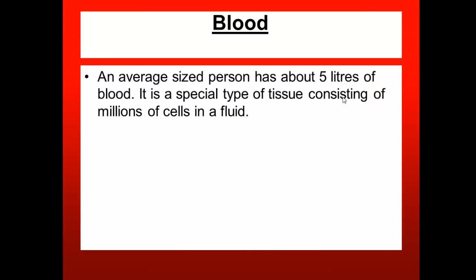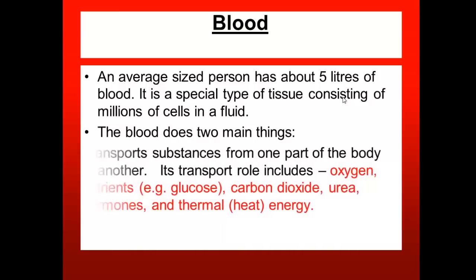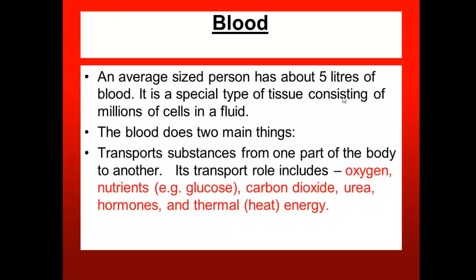Well, an average-sized person, I suppose by average size we mean adult, male, normal sort of size, probably about Mr. Dare size, that's what we would guess, has about 5 litres of blood. And that is a very special type of tissue consisting of millions of cells, and it does these two main things. It has its big role in transport, and that is transporting oxygen, as we've said, nutrients, glucose for example,